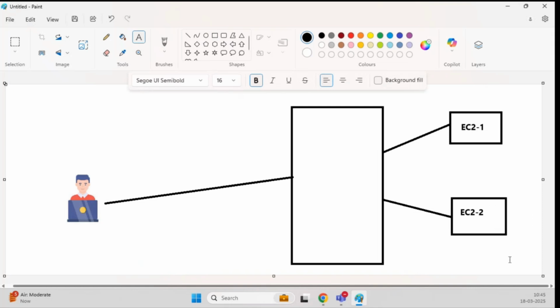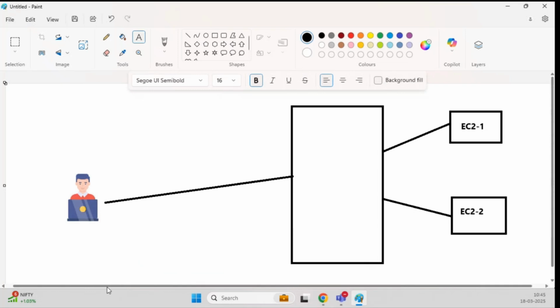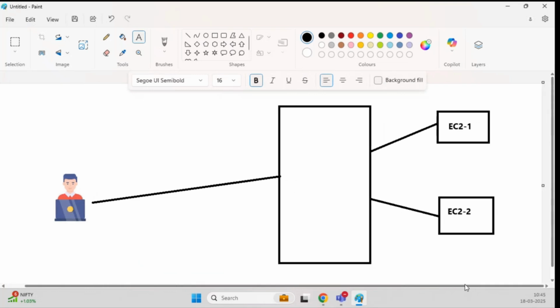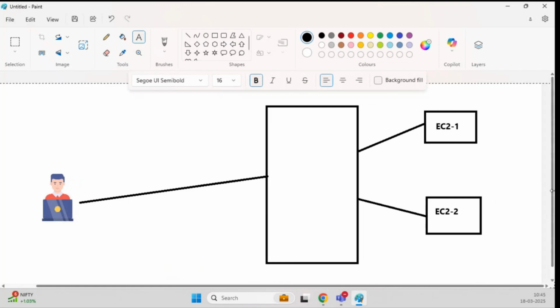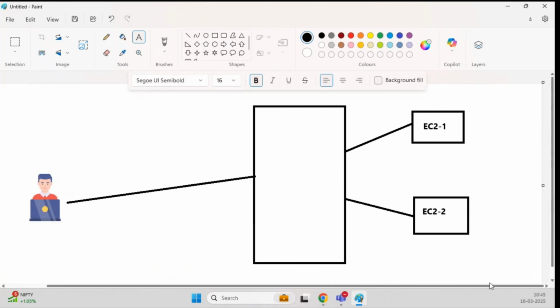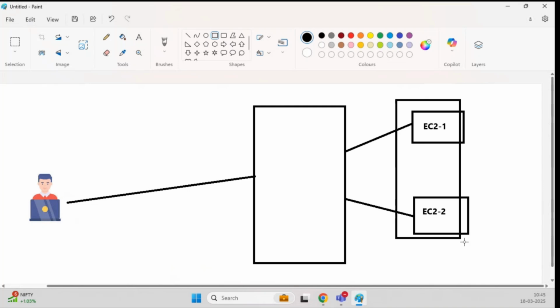Okay. Now, what I want basically, let's stretch it out here. Okay. Yeah, looks better. So now, if you have a look, okay, what I have done,